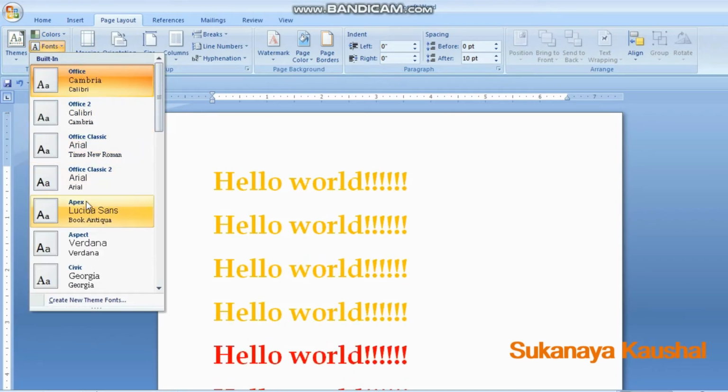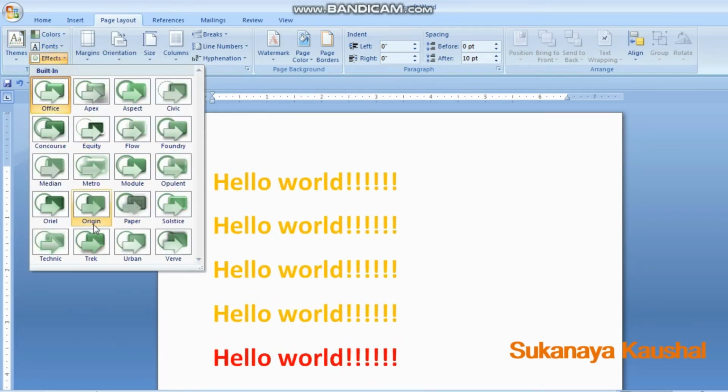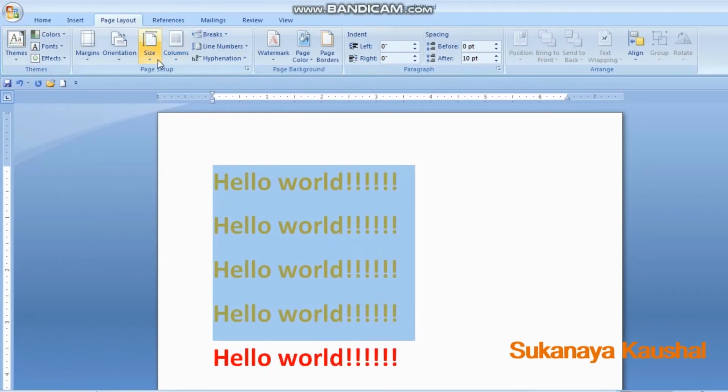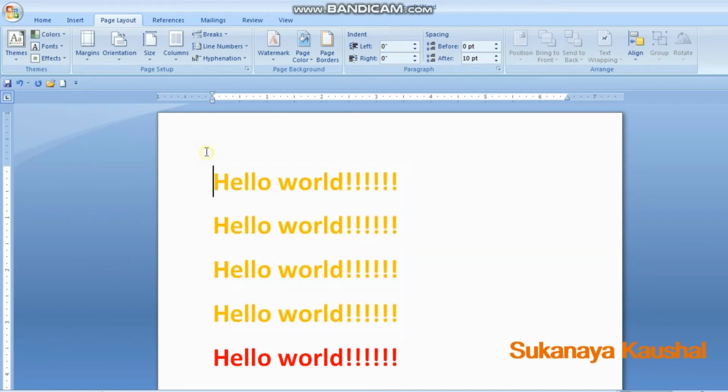You can also change your fonts. And next are some effects that you want to watch or change in the text.